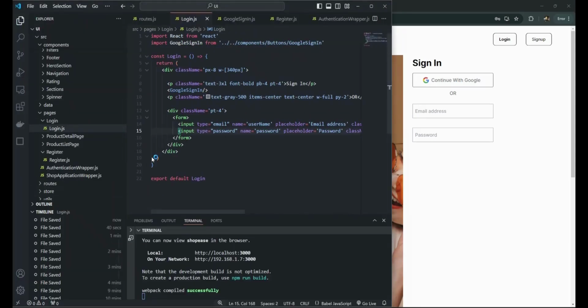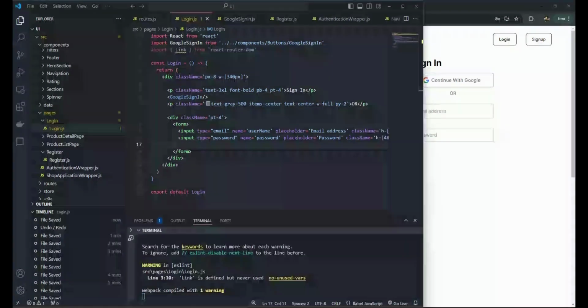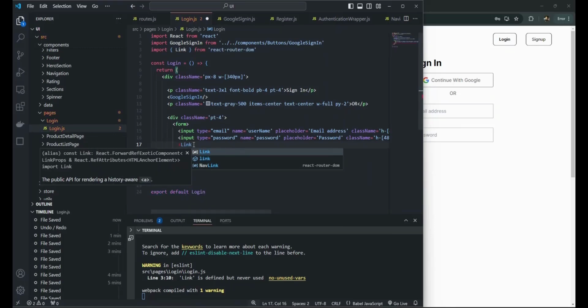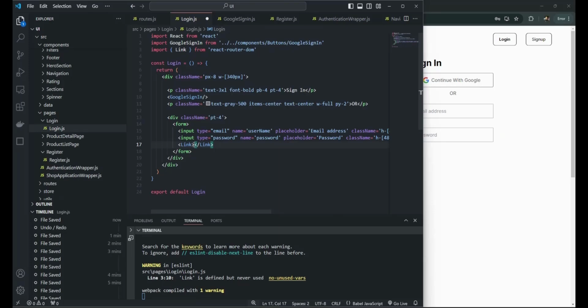So these are the two inputs. Now let's give it one button here. Okay, so now let's give here a link and button. Link for the forgot password, and let's give it text forgot password,